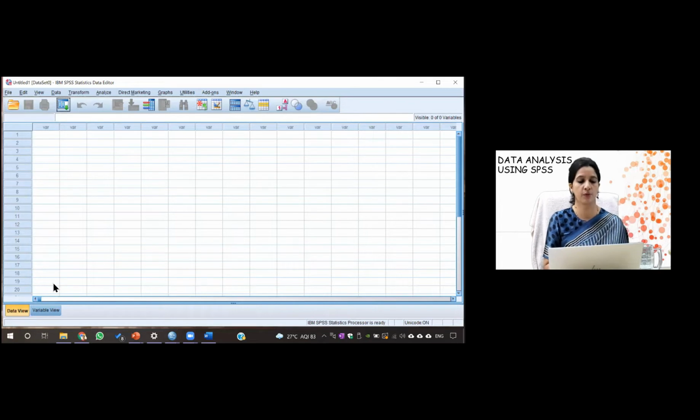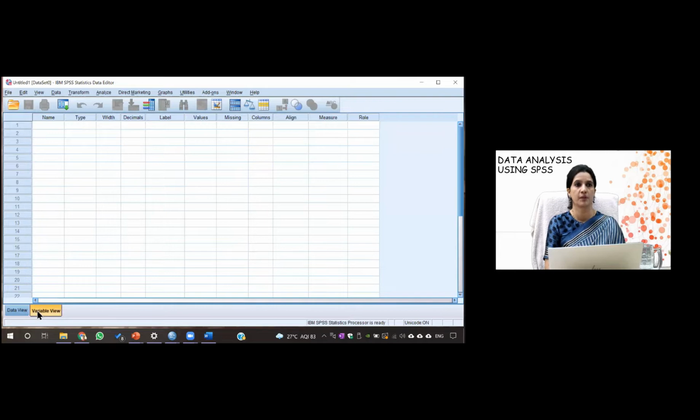So if you go to the variable view, this variable view has many options. You can see here the name of the variable, the type of the variable, the width of the variable, the decimal, label, values, missing, column.